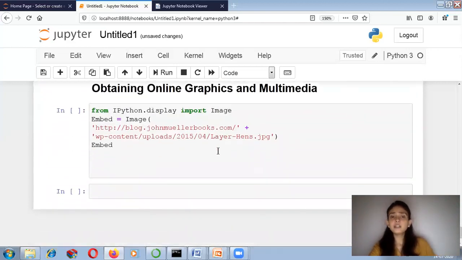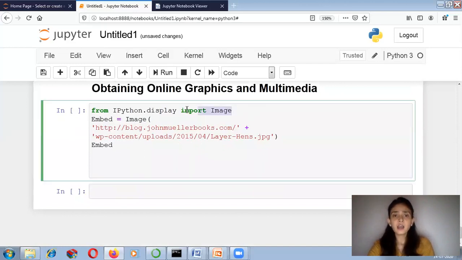Now, obtaining online graphics and multimedia. Again over here, it is very necessary that your computer system is connected to the internet. I am importing this library: from IPython.display import Image, and I am writing embed.